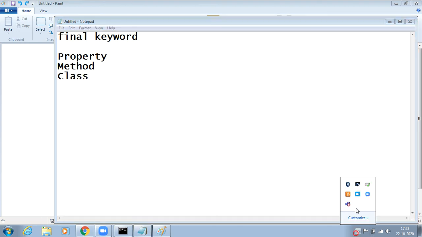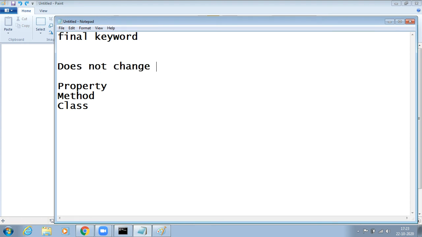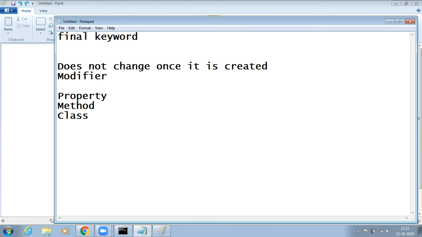The name itself has a meaning: final is something which does not change once it is created. I am saying the meaning of final, not its definition. The keyword final is a modifier for a property, method, or a class.